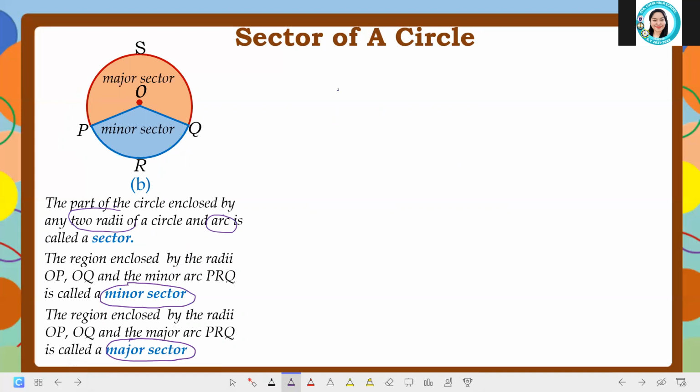Now, how do we get the area of sector? So, for us to get the area of a sector,